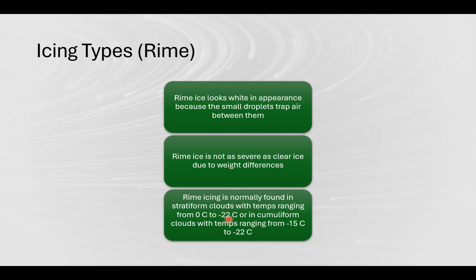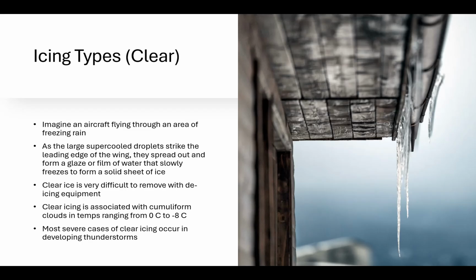But really, rime icing is a stratus type cloud predominantly. Again, you can get mixed icing, both clear and rime, in cumulus clouds, depending on the vertical growth of that cloud. For clear icing, I want you to imagine an aircraft flying through an area of